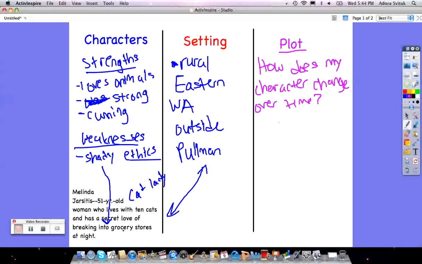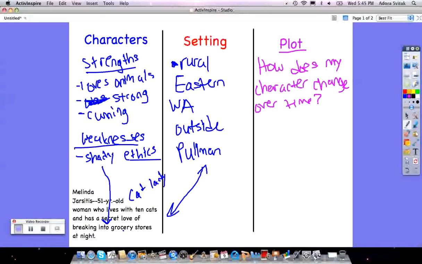Or if you're a teenager, how I was at 5 compared to 15. You know that you've changed a lot, and it's not just gaining vocabulary, it's not just different friends and maybe a different home, it's your characteristics. You may value things now that you didn't so much then. So let's say that Melinda Jarositis changes,